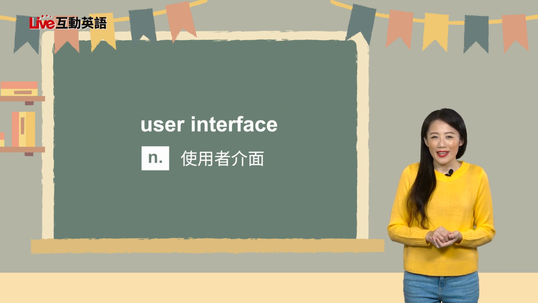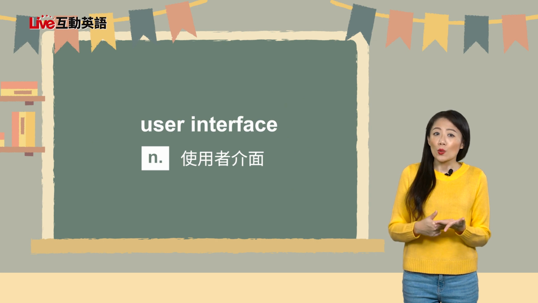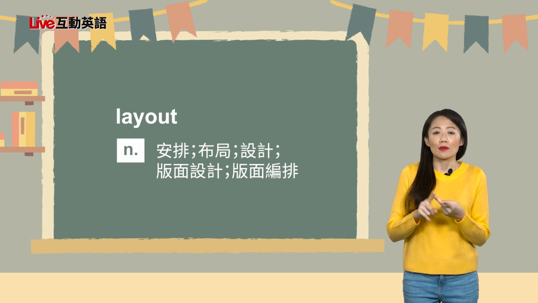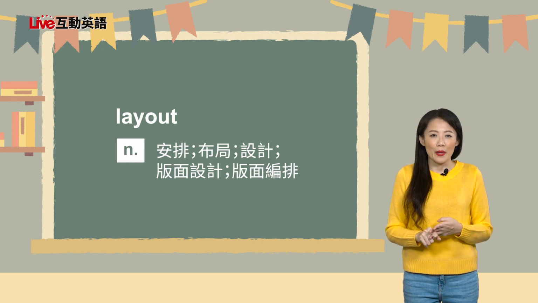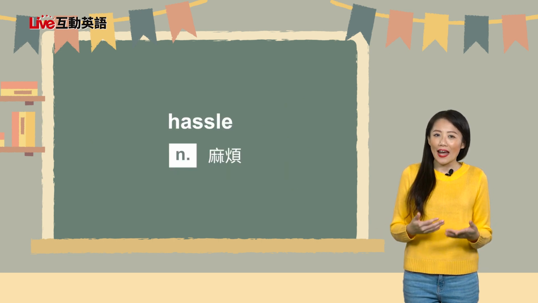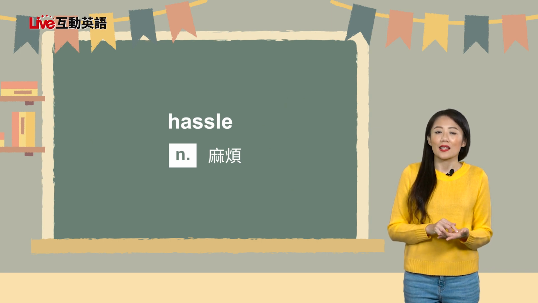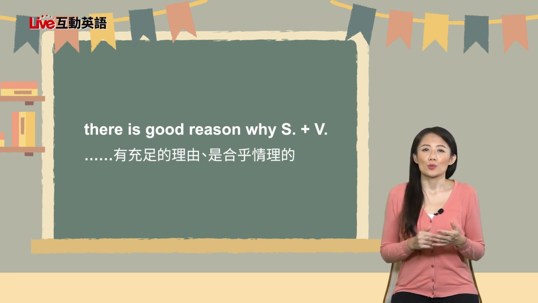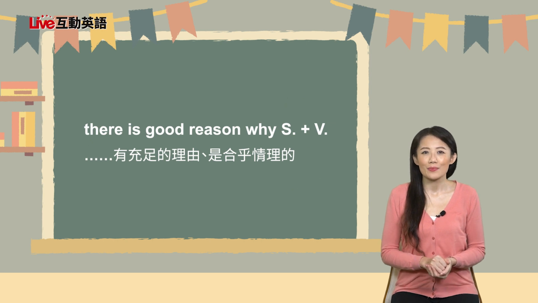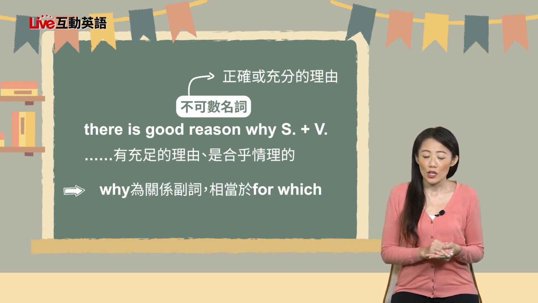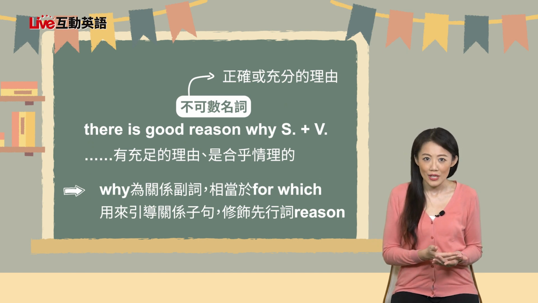是指使用者界面。Shane 老师在讲到使用者界面时，也提到萤幕画面的排版。我们来学一下 layout。L-A-Y-O-U-T layout 当名词可以指安排、布局、设计，也可以用来指版面设计、版面编排。老师们也聊到花钱买专利软体，可以省去时间、省去麻烦。我们学一下 hassle 这个字，就是表达麻烦，它拼作 H-A-S-S-L-E，是一个名词。这边3个重点，我们进入文法时间。第一个重点是 There is good reason why 主词加动词，表达什么什么有充足的理由，是合乎情理的。reason 在这边是不可数名词，表达正确或是充分的理由。Why 则是当关系副词，相当于 for which，用来引导关系子句去修饰它前面的先行词 reason。举例来说